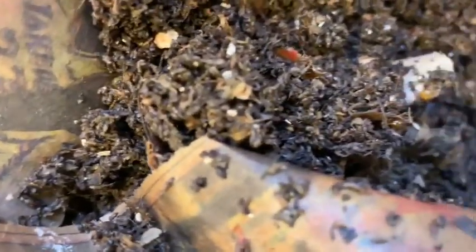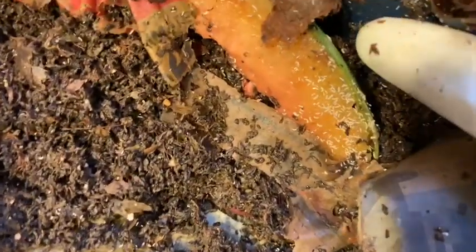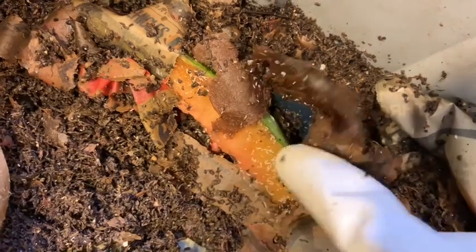All of them are laying cocoons. Here's another one. And another one. Yeah, really great. And the paper, it will definitely get composted eventually. This is where we fed, and of course I'm not surprised that there's still that whole piece, but as you can see also, guys, these are springtails, and it's very normal to have them in the bin. I have them basically in all my bins, but they have shown up here, whereas they haven't shown up in